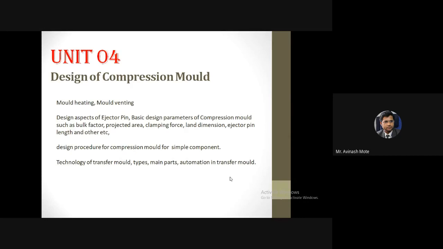As the size of the component increases, accordingly the requirement changes and the process requirements also change, and that way the processes are different.